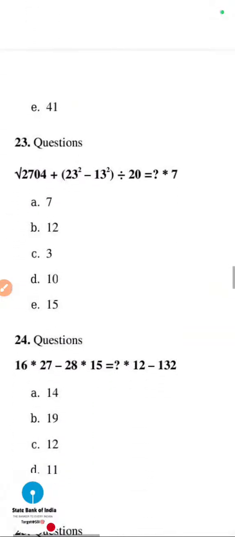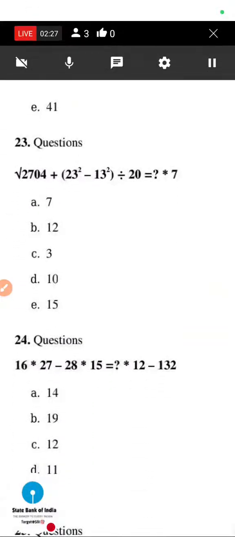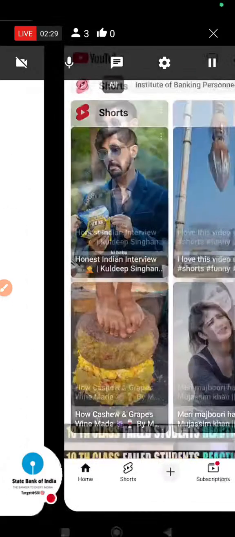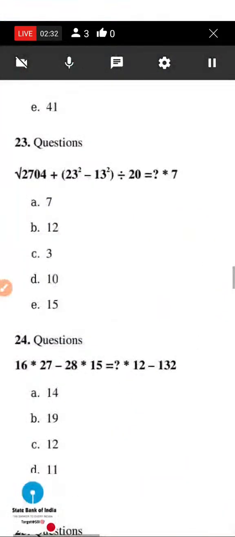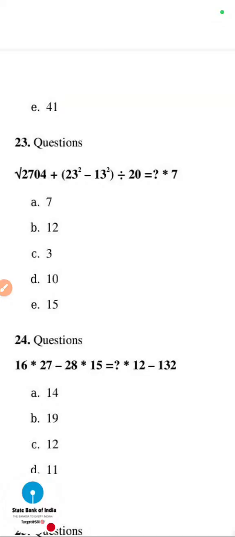Next we are going to see question number 3. Please do comment the answer for these questions. Here we see root over 2704. 2704 is the value for 52 square plus 23 square minus 13 square. What we do is sum of these two into difference of these two, wait a second, it looks like a square minus b square formula. So we take the sum of these two, which will be 36, into the difference between these two, which will be 10. So we get 52 into 36 into 10 whole divided by